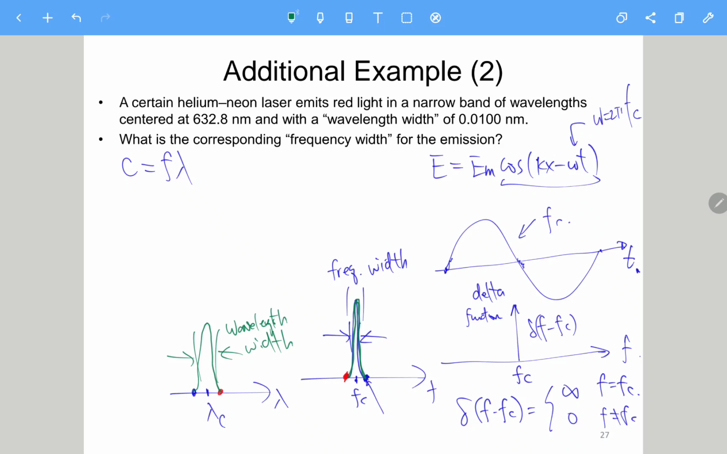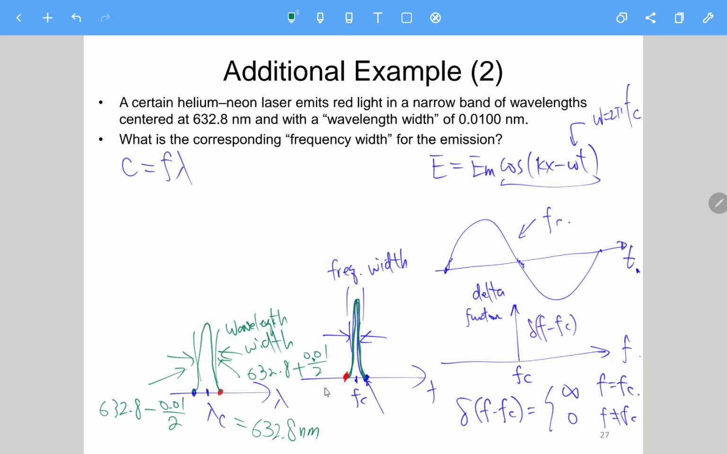Actually, suppose we have the wavelength center equal to 632.8 nanometers, and the width is 0.01 nanometers. So you can assume this point is 632.8 plus half of 0.01 nanometers, and this one is 632.8 minus half of 0.01 nanometers. Then, not actually the reciprocal, you use this formula to calculate f: